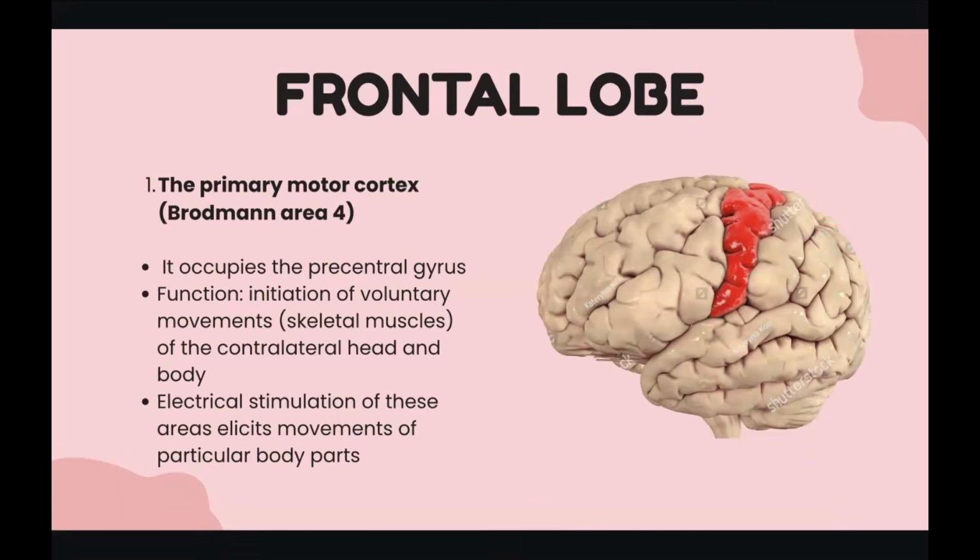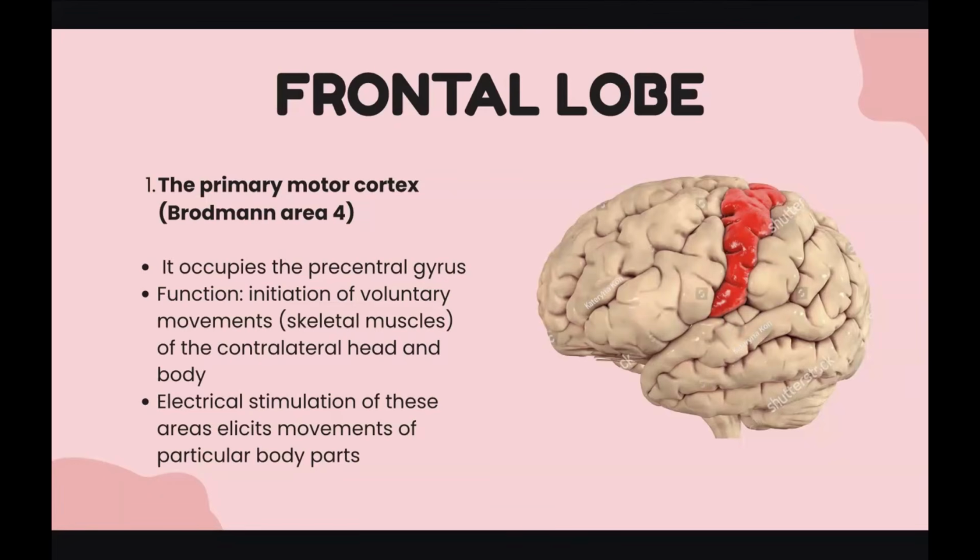Starting with the frontal lobe, we'll be taking each lobe by itself and talking about its Brodmann areas. In the frontal lobe, we have the most important, the primary motor cortex, Brodmann area 4. It occupies the precentral gyrus, all right? We talked about the gyrus from before. So this gyrus over here, in red, is the primary motor cortex. What is its function? It's to initiate voluntary movements by our skeletal muscles of the contralateral head and